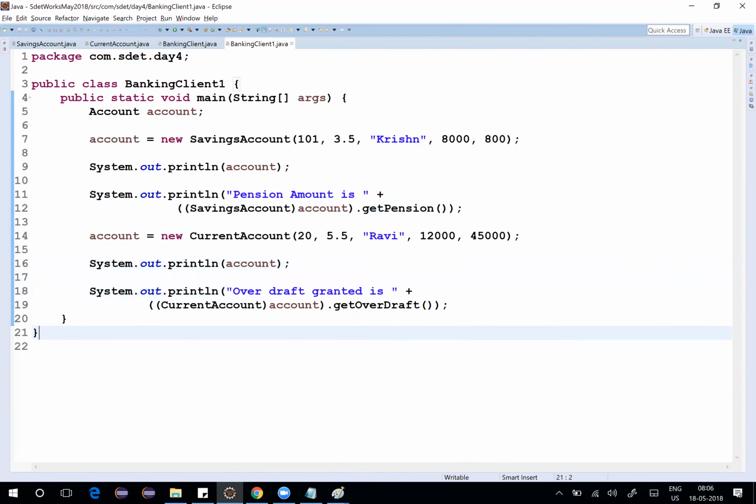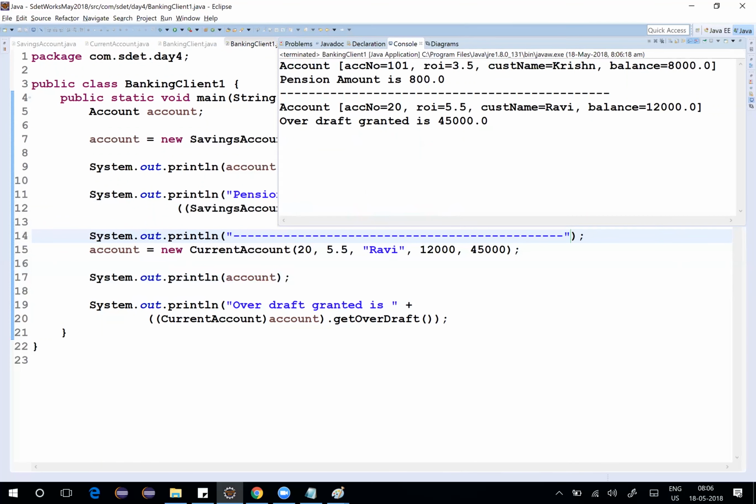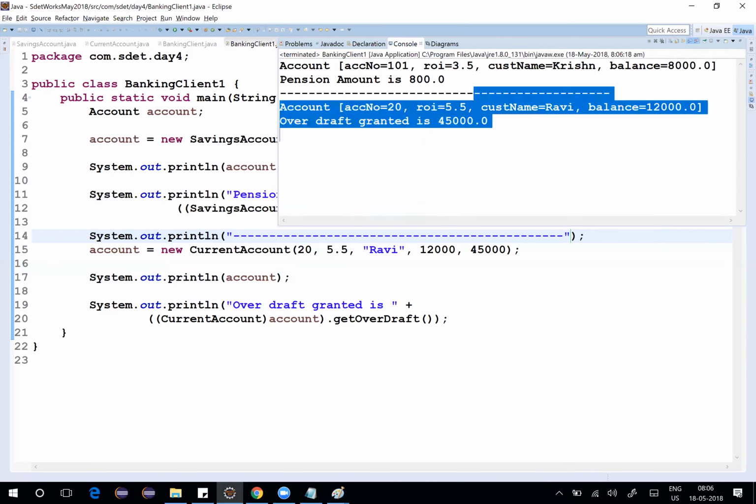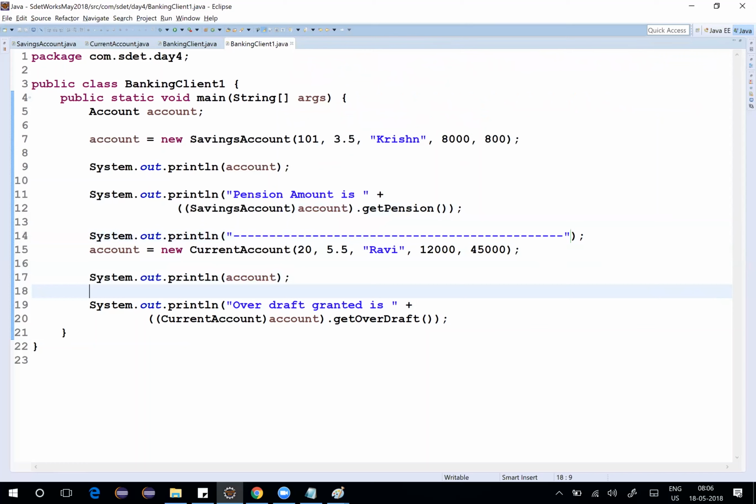perfectly fine. And here I'll just give a nice separator so that we can see the output cleanly. Like this. That's where the stories are happening. And even here, when you say account, very interestingly, have a look at this. Account dot